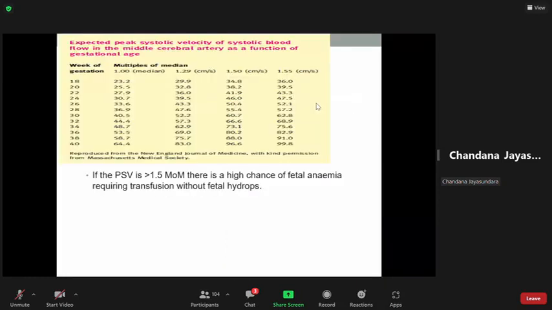So what we do is we check the peak systolic velocity of the systolic blood flow in the middle cerebral artery, and we check the 1.5 multiples of median value. This is one. If the peak systolic velocity is more than 1.5 multiples of median,